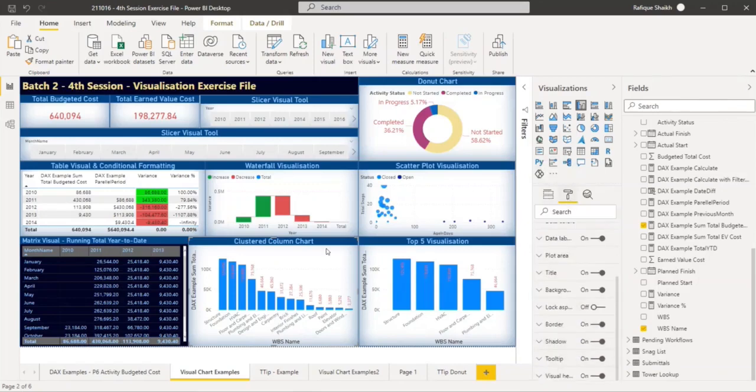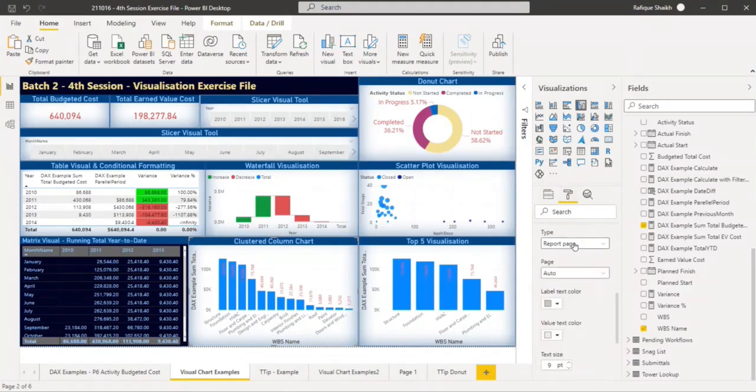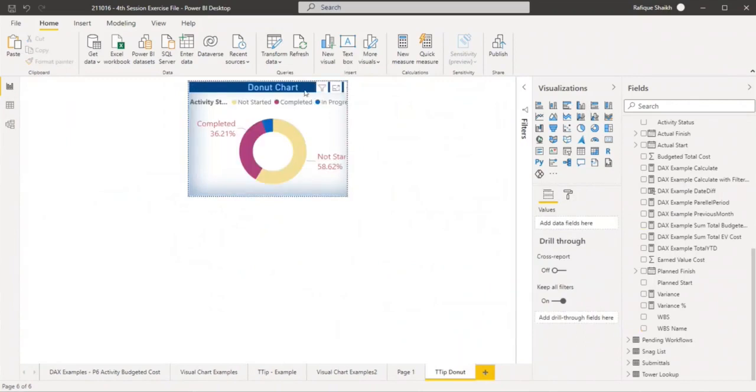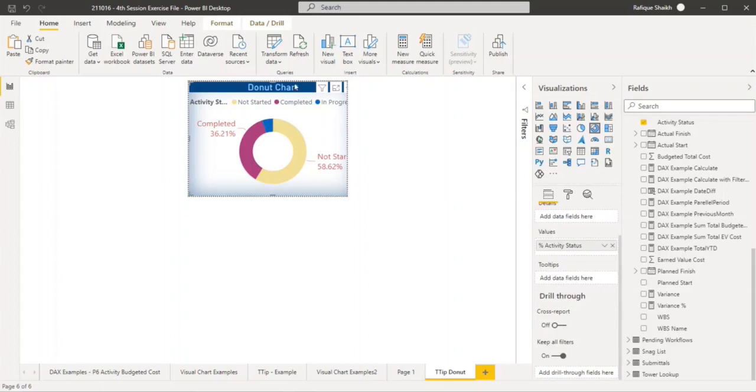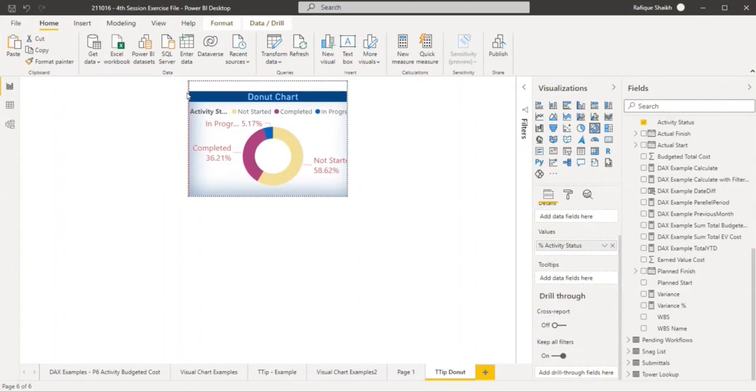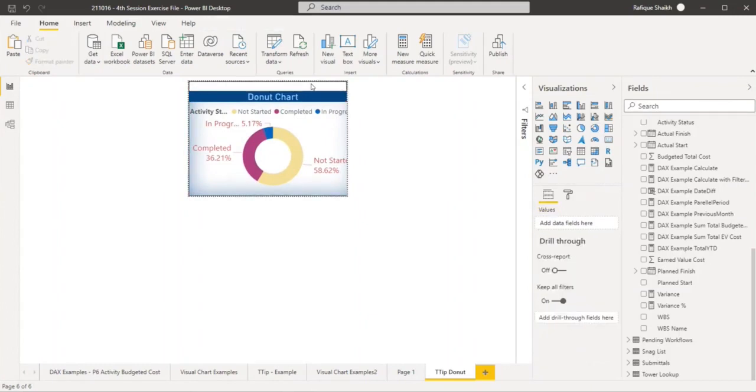What we have to do is very simple. Select that visualization in the paint, go to tooltip, and you can assign this particular report page. It is not showing up over here. This is a tooltip example which I have already created. Let me just check the settings over here. Oh, okay. So what I did actually, I clicked on that entire canvas. Before pasting it, we have to assign this on the page side.